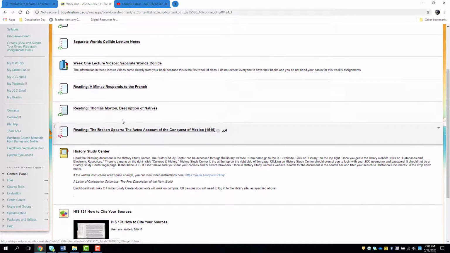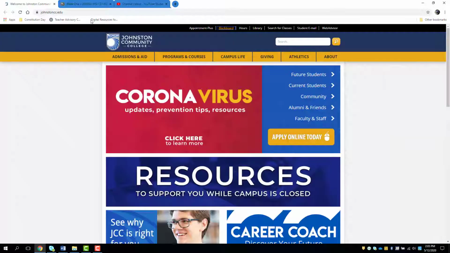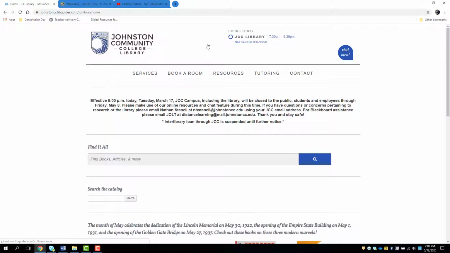These are all the readings here. History Study Center is where you'll find Columbus, and there are instructions here. I think it's changed slightly, so why don't we just do this together right now? The way you'll access the History Study Center readings is you'll click on the library page from the JCC